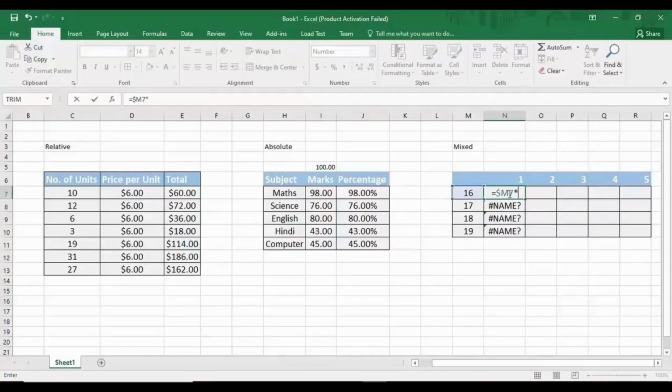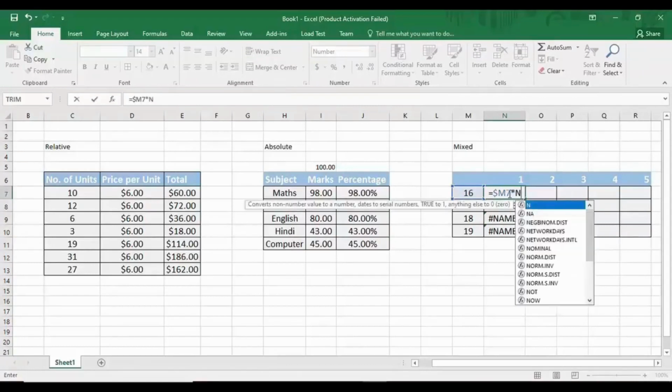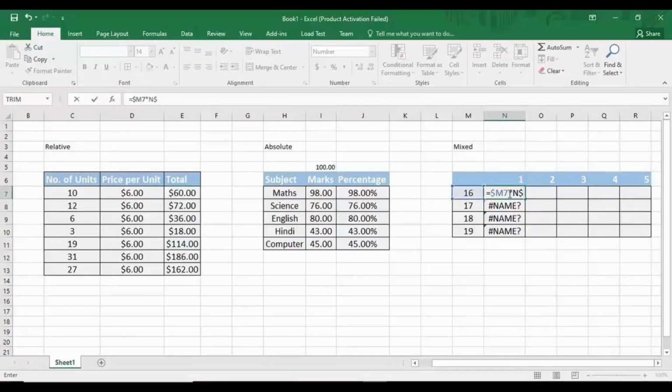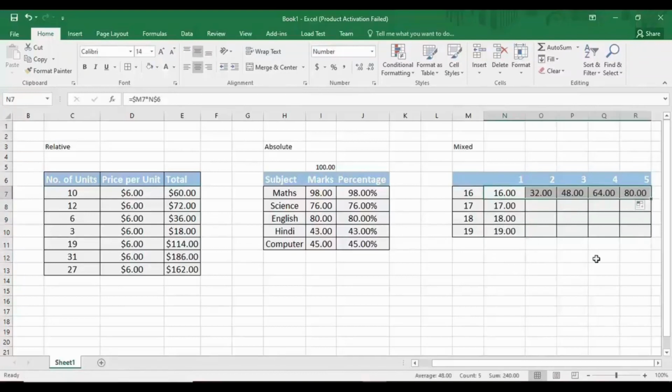Now what we want is that it should be set at the value 6, but this N should not be fixed, so we just put an N, then again type a dollar and then type in 6, like this. Alright, now if we just drag it to the sides, then you can see 16 2s are 32,